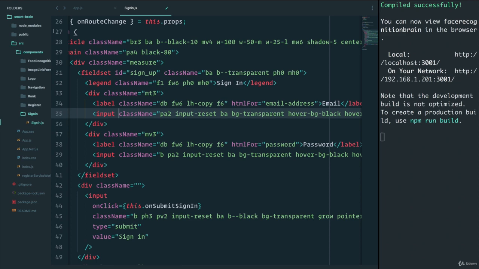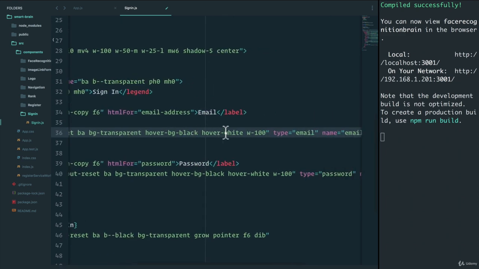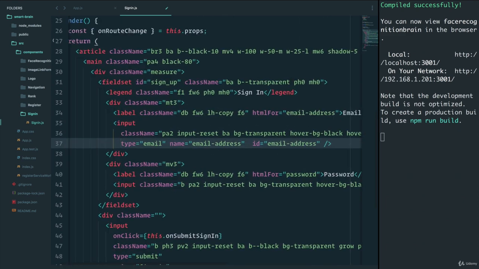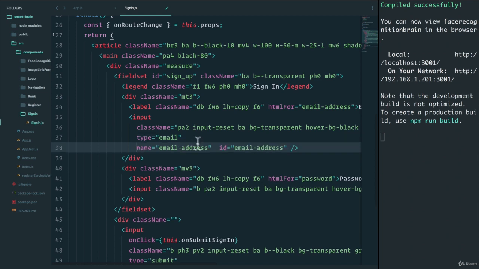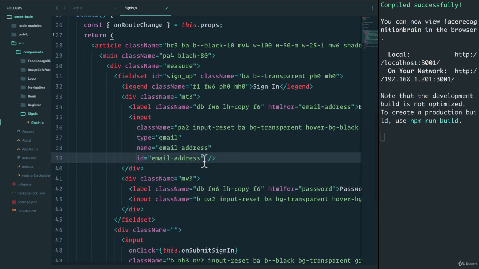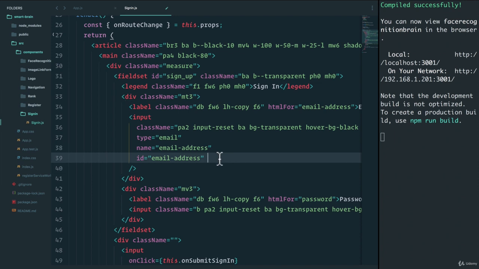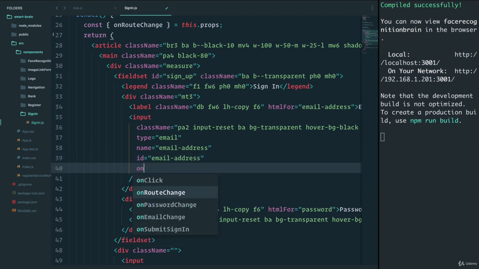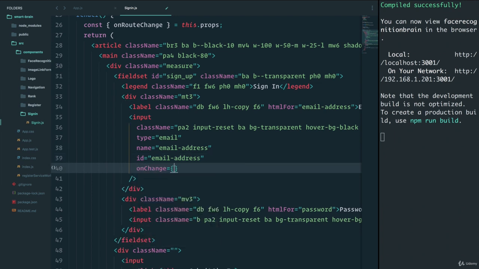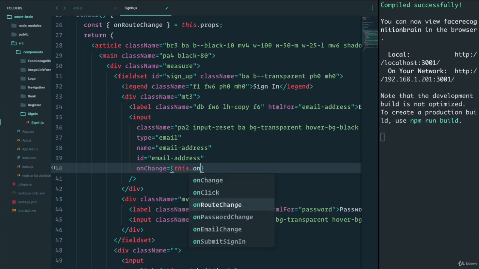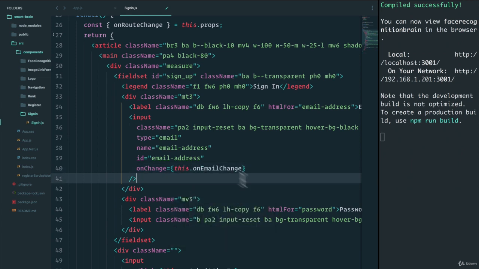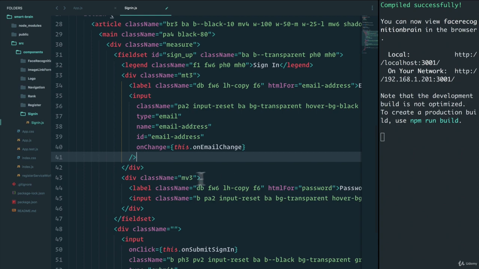And you know what? Let's add these on new lines just so it's cleaner. Otherwise, it can get pretty messy. There you go. And now I can say on change, and on change will take this.onEmailChange because this is the email. And the next one